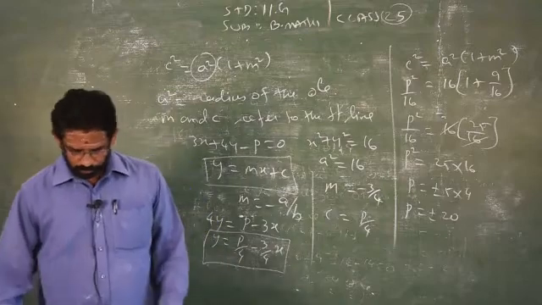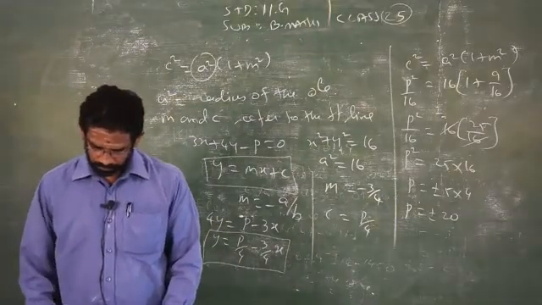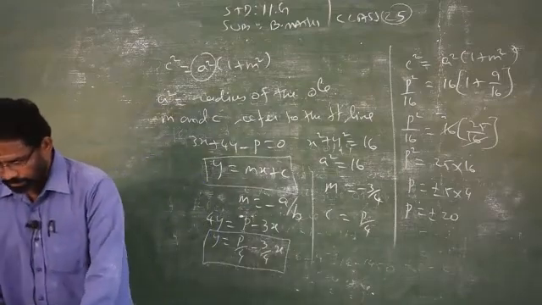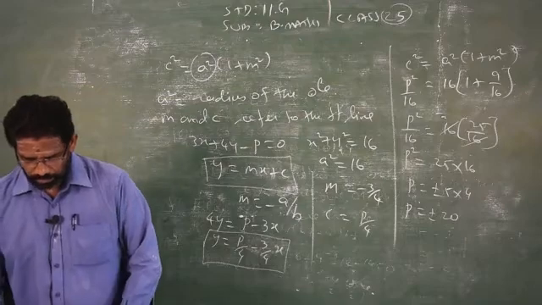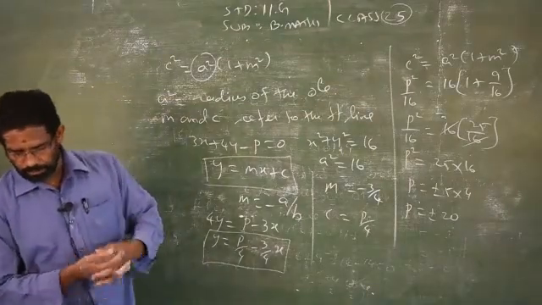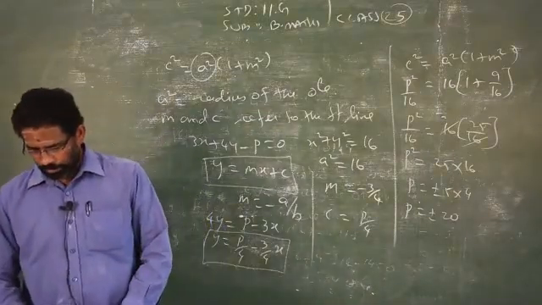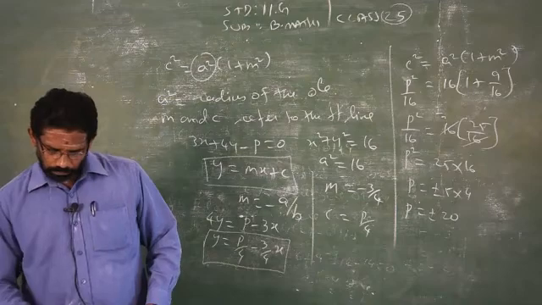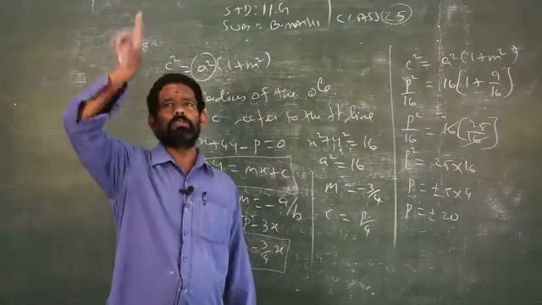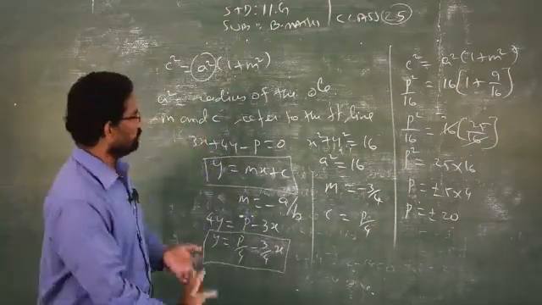So we will see Exercise 3.6 next, the last exercise of this chapter, and this is the last exercise for the first term portions. The next one is a little difficult, a new concept that you never learned before, but you know the name alone: parabola, which we studied in 10th standard in graphs. In the graph you have a U-shape. That U-shape diagram is called a parabola. So that we'll see tomorrow.